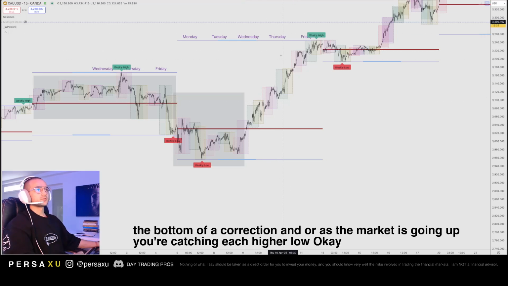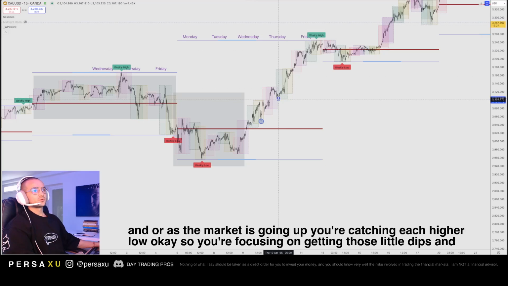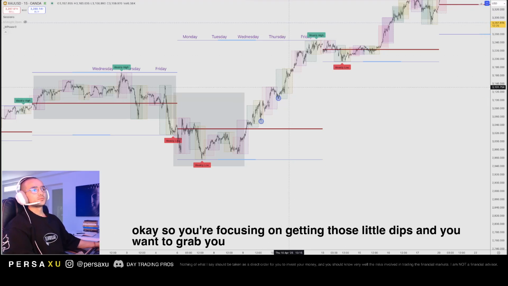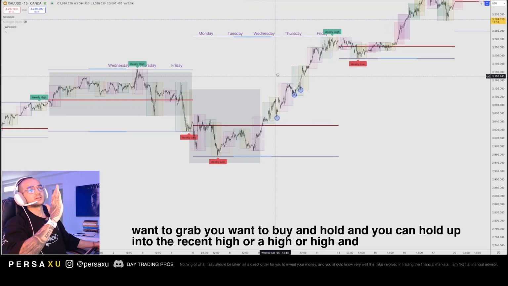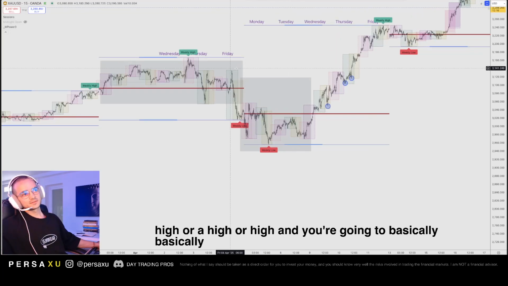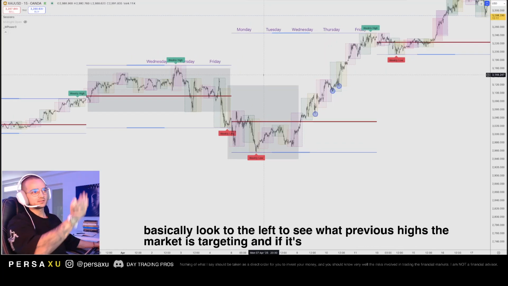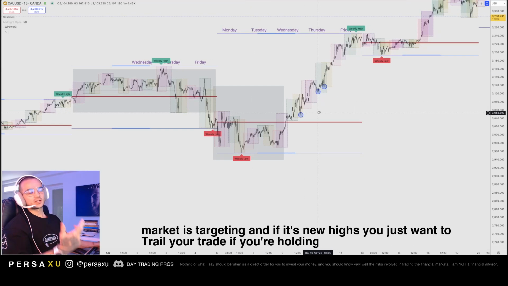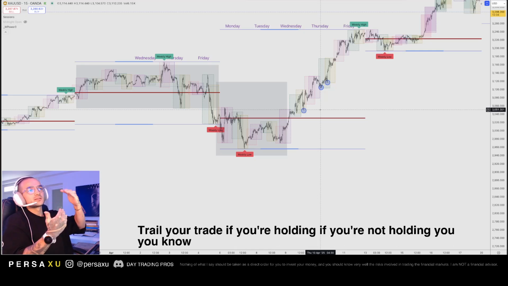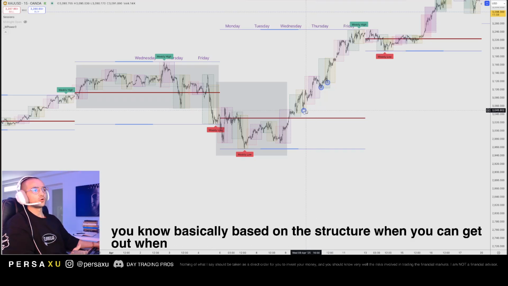Okay, so you're focusing on getting those little dips, and you want to buy and hold, and you can hold up into the recent high or a higher high, and you're going to basically look to the left to see what previous highs the market is targeting, and if it's new highs, you just want to trail your trade if you're holding. If you're not holding, you know basically based on this structure when you can get out, when you can go back in,